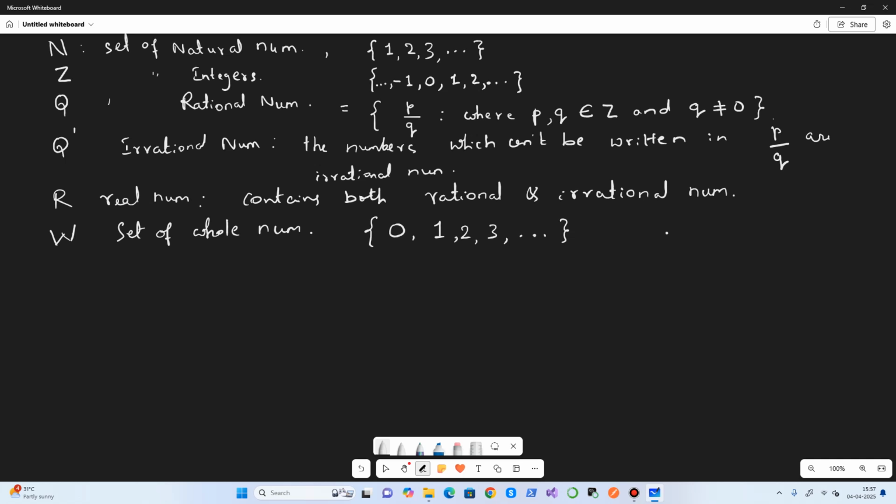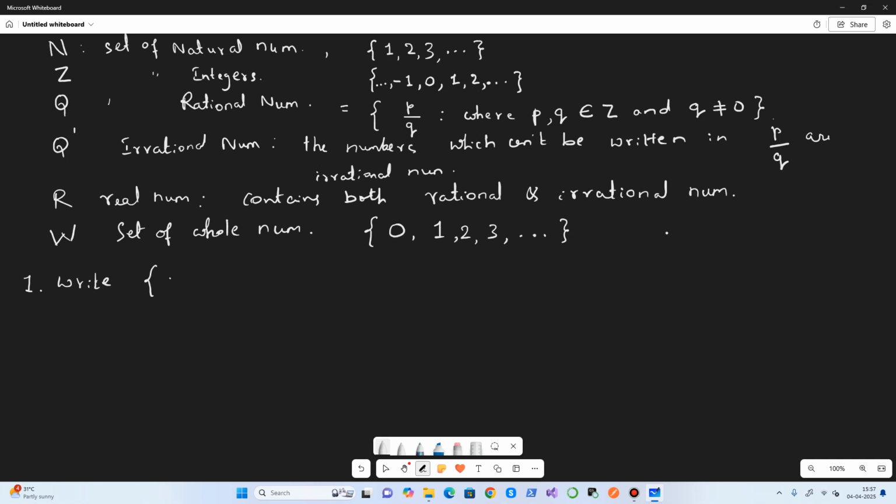So we'll take a couple of examples. One, write the set which is given in a set builder form.